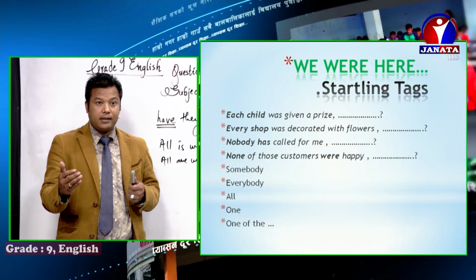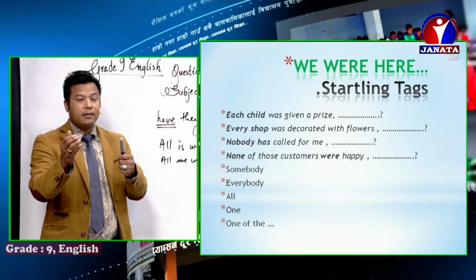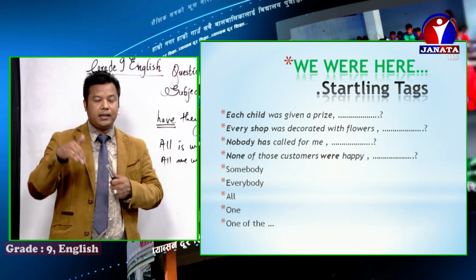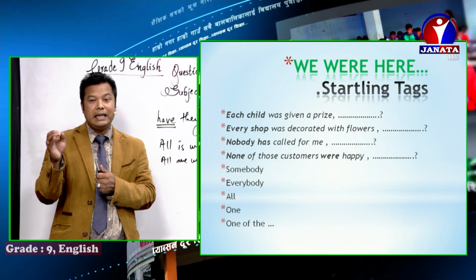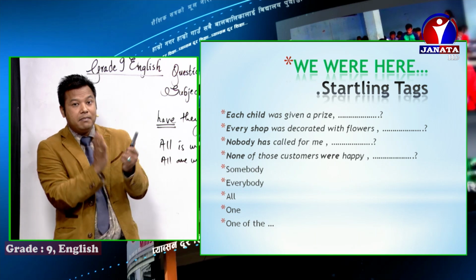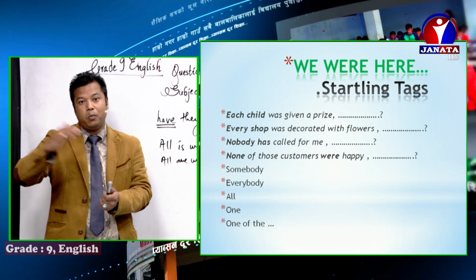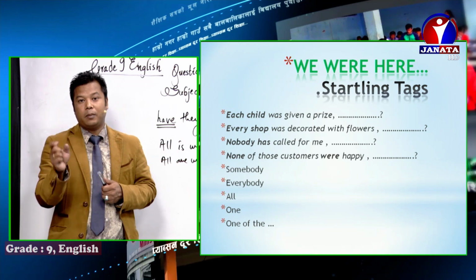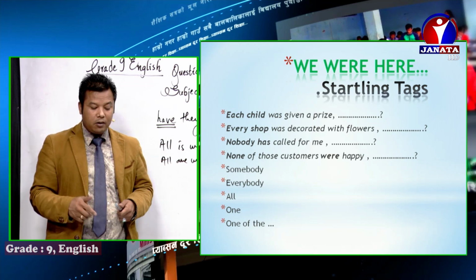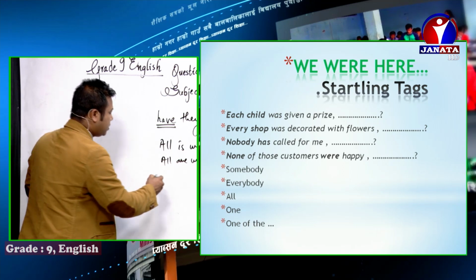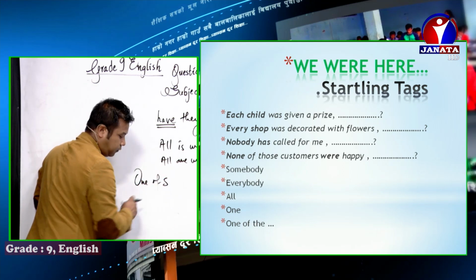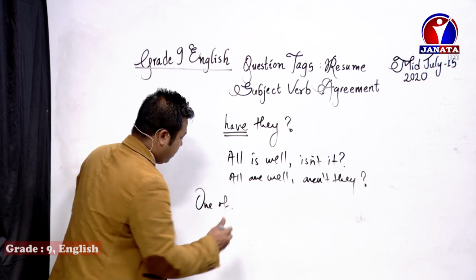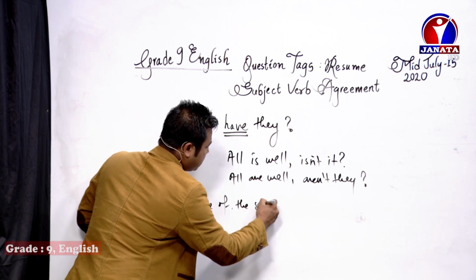So one is the same case. Now, one is listening to me, all right? If I say one is listening to me, isn't one, because I use the same one as a subject, I should bring that as the subject pronoun in the tag. But when you're using like one of the students, see, I'll put it here, one of, I'll remove this S, one of the students,